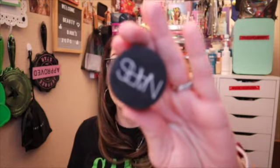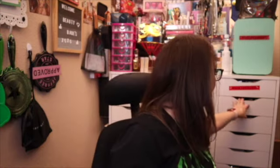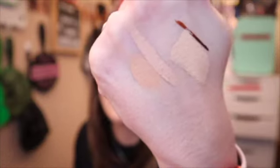So this is the Nars Soft Matte Complete Concealer. I like the product. I got this to cover my acne marks, but I keep getting it in a shade that's too freaking dark. So hopefully I can use this during the summer. I purchased this shade, Light Chanel 2.75, and this is a lot darker than the Soft Matte Complete Concealer that I have in Creme Brulee Light 2.5, which is what I was hoping to get, and I got the other one because it's a little more